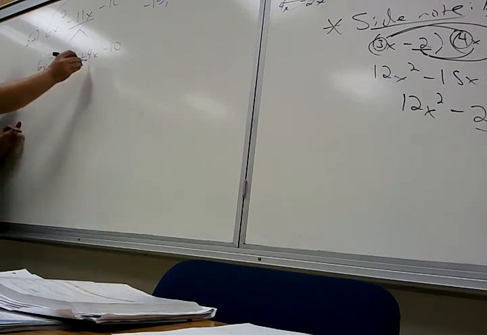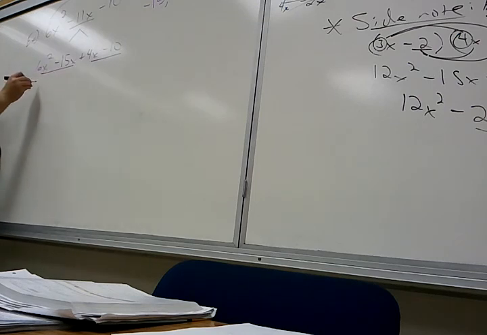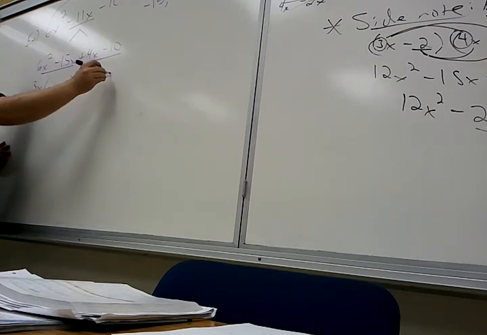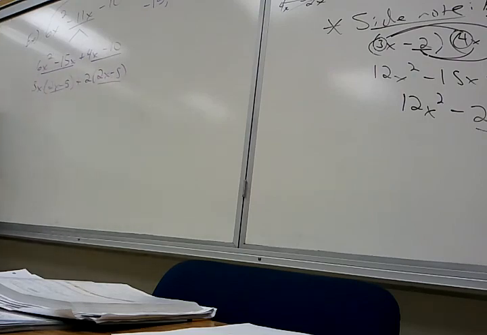So what comes out of these two? 3x. Good, 3x. Yes. 2x minus 5. I love it. Plus 2. 2x minus 4. So you know you're on the right track because those